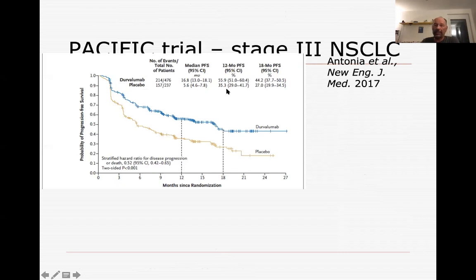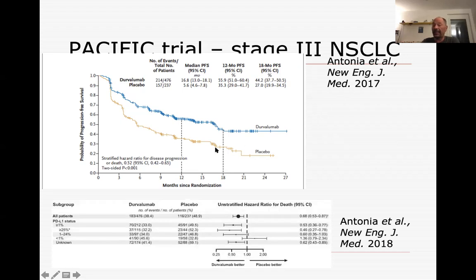And now this is a more recent, is the Pacific trial. This is not a metastatic tumor. This is interesting. This is an advanced lung cancer, stage 3 inoperable lung cancer. And these results are very exciting because these results essentially changed the clinical practice for lung cancer from one day to another in 2017, so a few years ago, because they clearly showed, you see, that the patient with placebo have a much lower progression-free survival than the patient taking durvalumab,